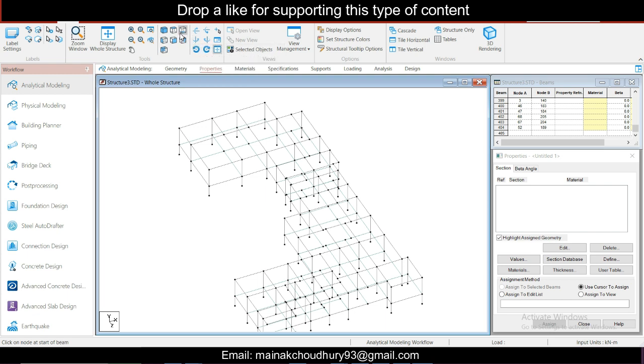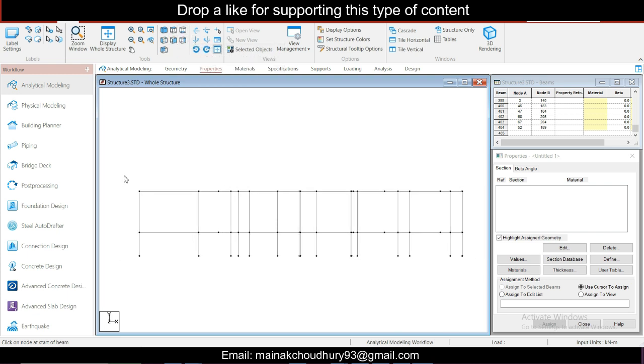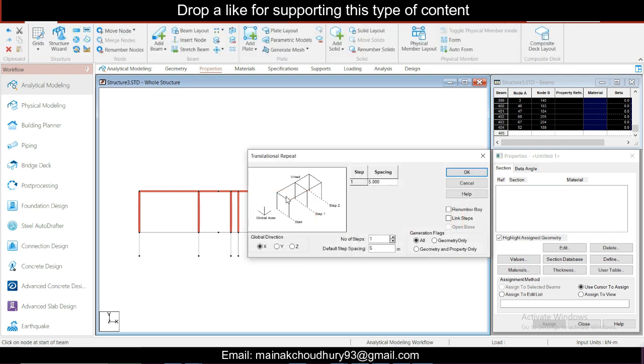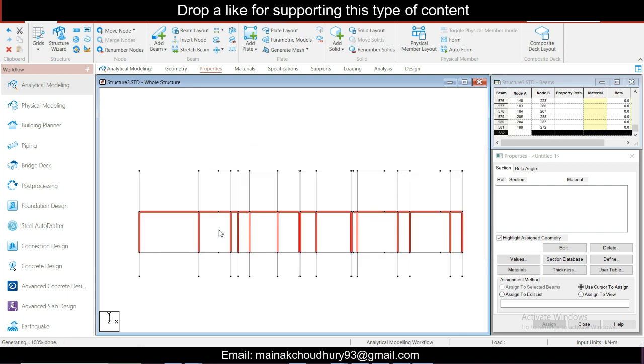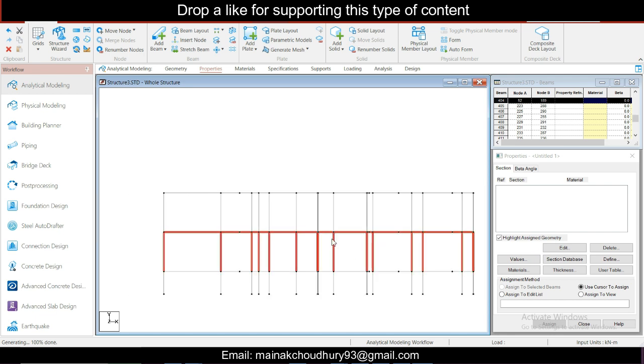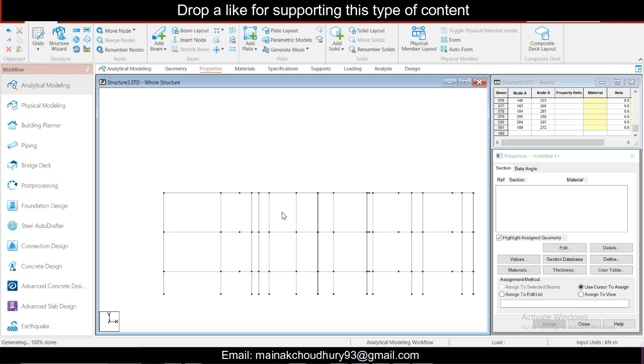So what we can do, we can go to the front view and we can simply use this, and along with these columns we can select this carefully like this, done, and then we can go to geometry, translation, repeat, Y direction, and our step is 4.5 meter, and we don't have any step about this, only the headroom portion we might have to do, right? So this portion